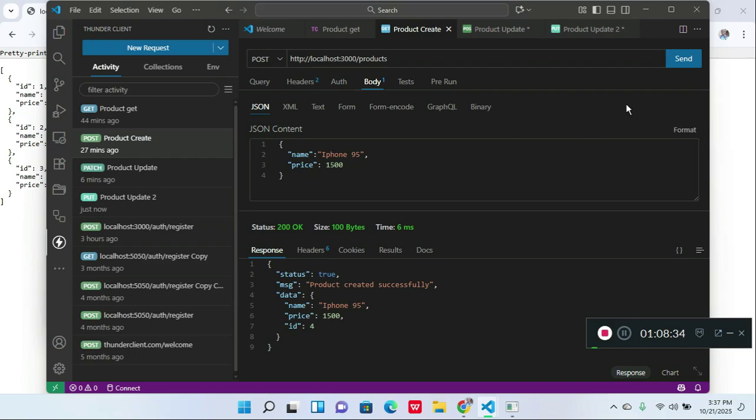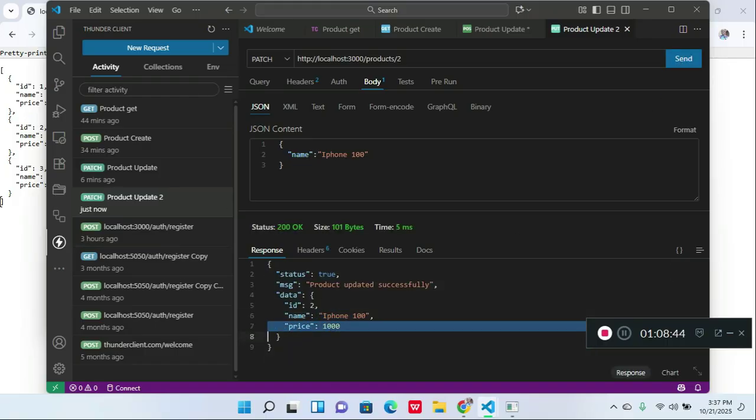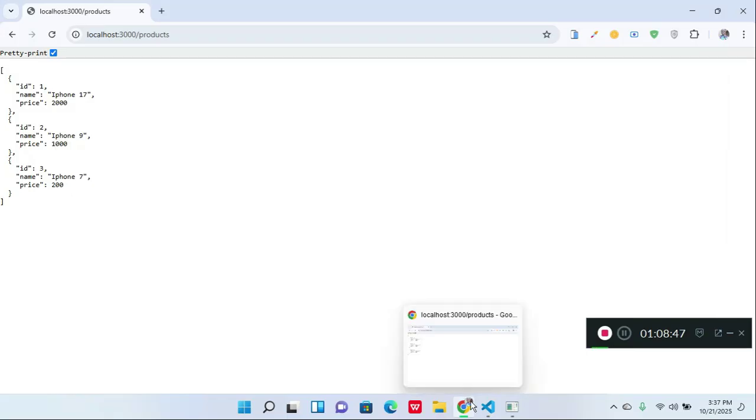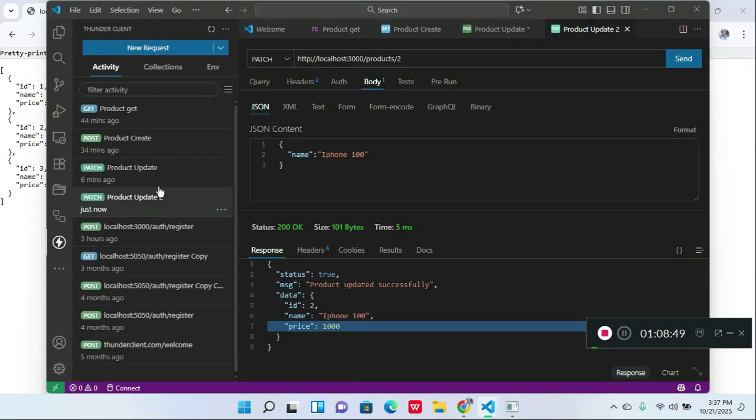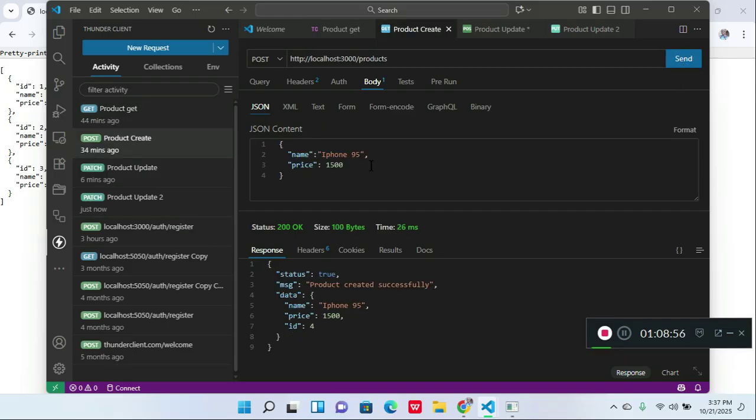Let's update it with patch now. Let's send it now. And see the data, the price is still 100. No, as before it's still 100. But now if you look at it here, if I try to get it, the 2 is still 100. But now if I remove this guy from here, just to compare the put and patch together, to update with put here, if I remove it like this, if I update this,